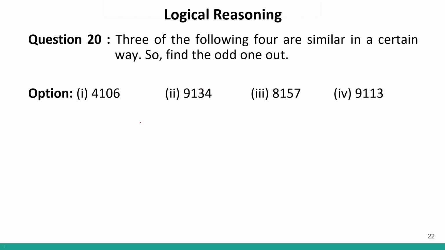So now let us look at question number 20. In question number 20, we have 4 terms and we have to identify which of them is the odd one out. So let me say the middle 2 terms are B. I am giving them an alphabet. The middle 2 terms are B, and the first digit is A and the last digit is C. So this is what I am doing.